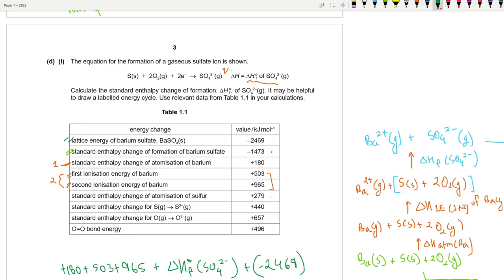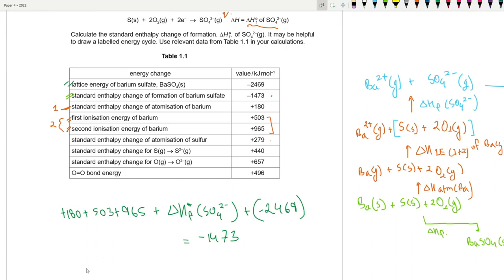So hopefully this makes sense, guys. Could you understand? So del H formation is equal to -1473 -180 -503 -965 plus 2469. Which gives you a value of -652. Okay,